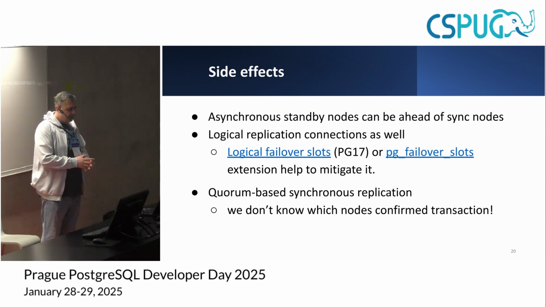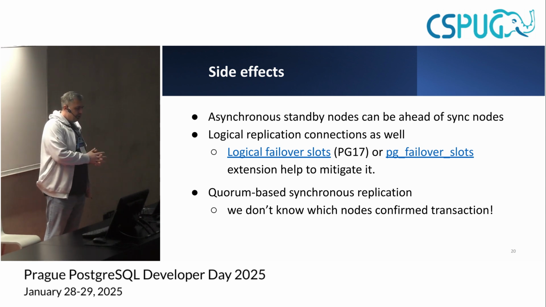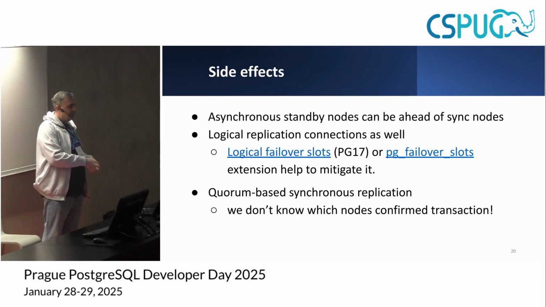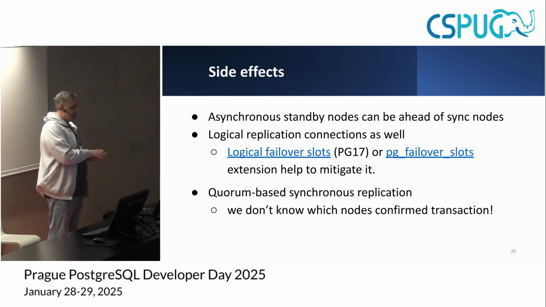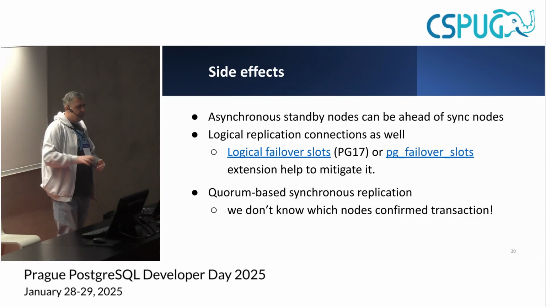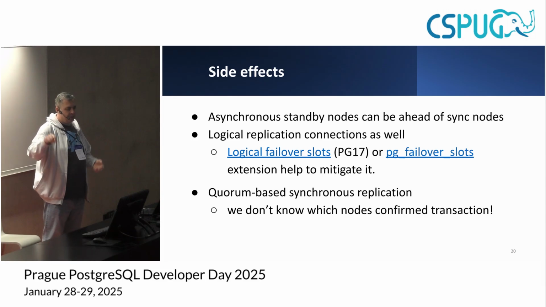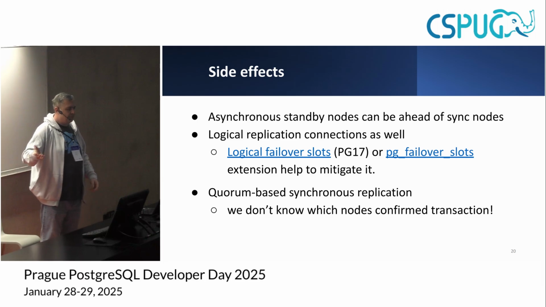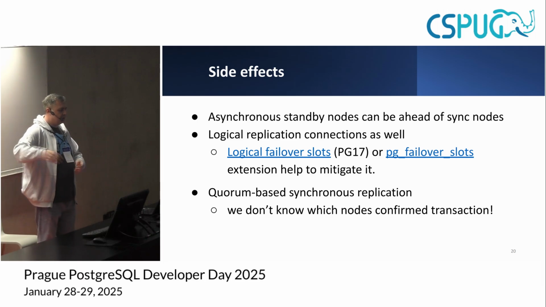And another problem: when you want to read from synchronous replicas, like with quorum-based replication, you have no clue which nodes are synchronous. Let's say you have 4 nodes listed in synchronous_standby_names, and you are waiting for 2 of them to confirm, and you just don't know which exactly were synchronous at this moment. You may end up reading from the node that did not yet receive this commit.